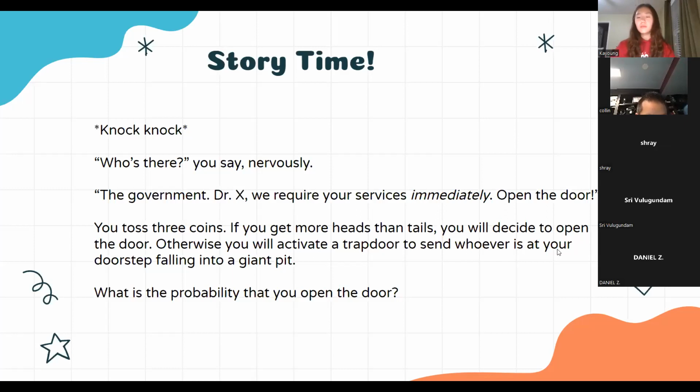I thought it's 1/2 because three coins could be like two of them heads and one of them tails, or two of them tails and one of them heads, based on probability. Okay, that's a pretty good explanation. Basically, there's an odd number of coins, so half the time you're going to get more heads, and the other half the time you're going to get more tails. So there's 1/2.